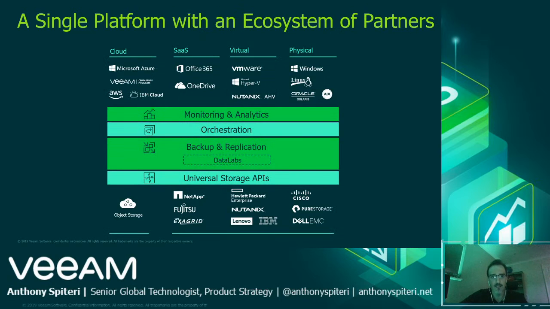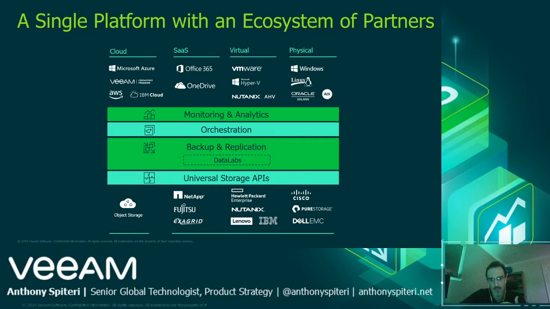When we expand this slide a little bit, we can see that, again, we're covering multiple ecosystems here and multiple partnerships. So at the top there, we cover cloud-based workloads on Azure, AWS, IBM Cloud, and also, very importantly, our Veeam service providers as well. Software as a service, covering Office 365 and OneDrive. Virtualization, where we started, we don't lose the sight of the fact that we started with VMware, supporting Hyper-V and Nutanix. And then physical workloads, we're talking about real machines here, servers that haven't been virtualized, but also endpoints, and looking at Oracle and Solaris, AIX as well.